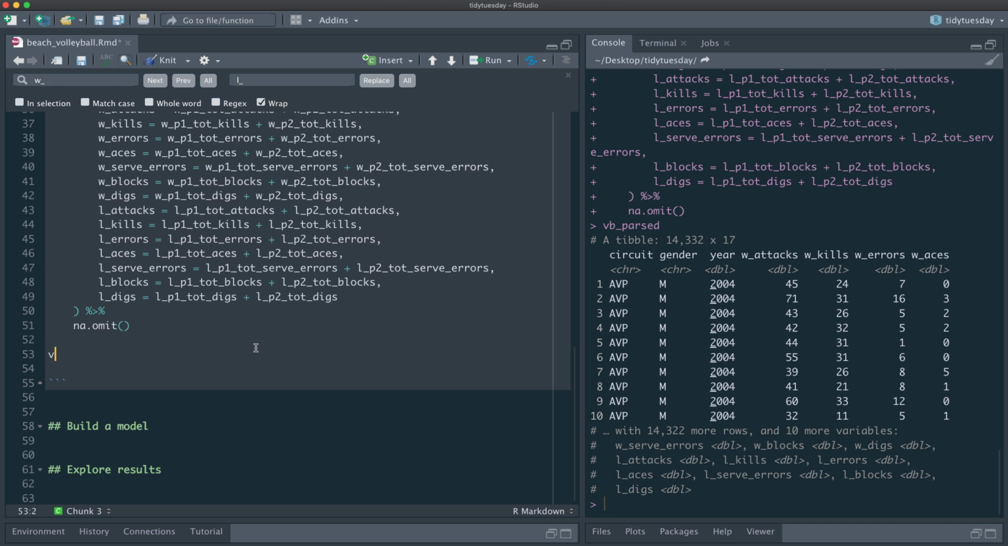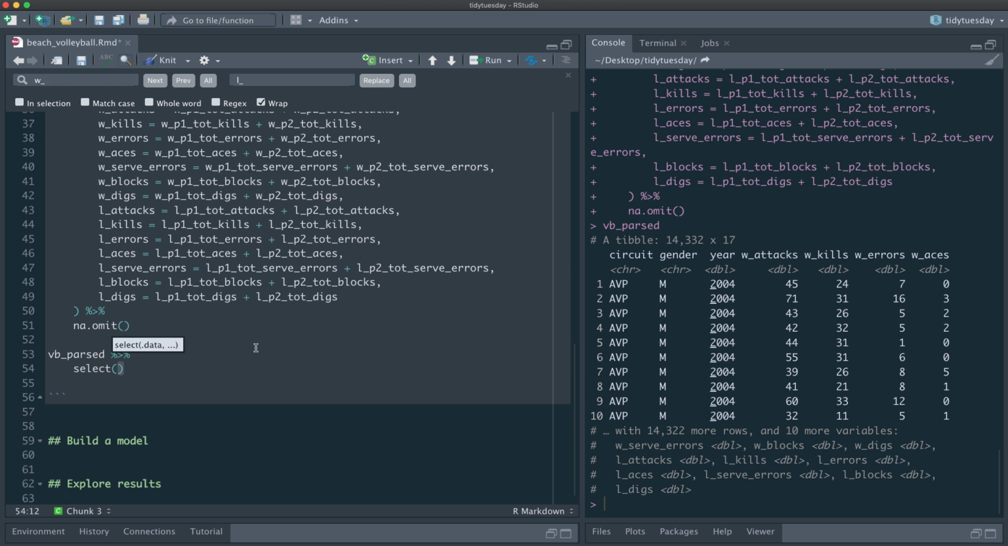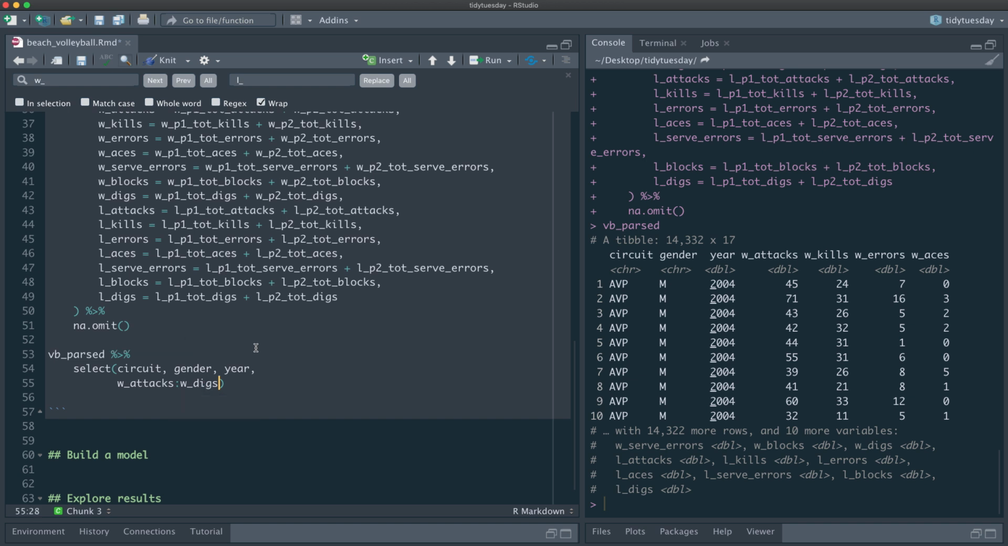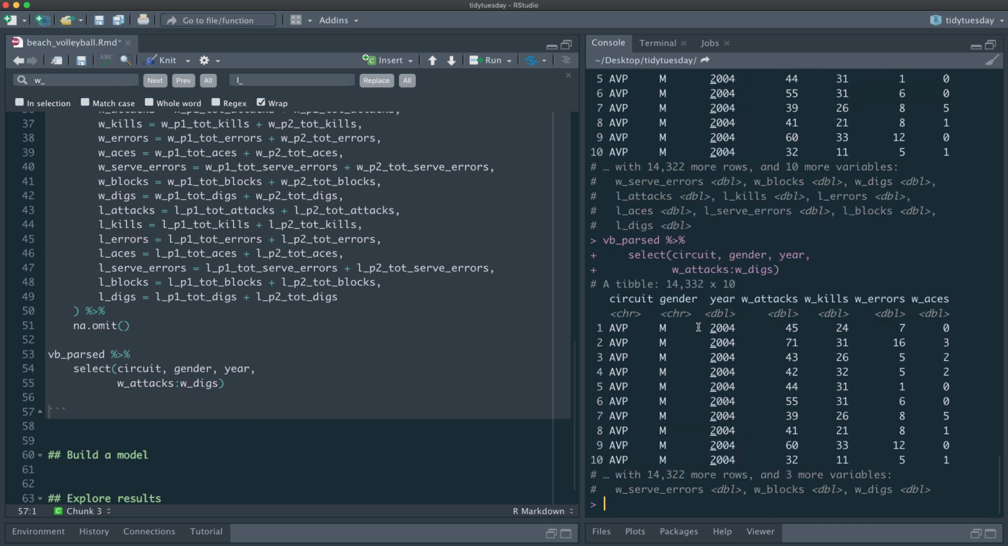So first let's take VB parsed, and let's select those first things, circuit, gender, year, and first let's do the winners. The attacks through the digs, like this. And we want to get rid of this W underscore here. We want to rename them. So we're going to use